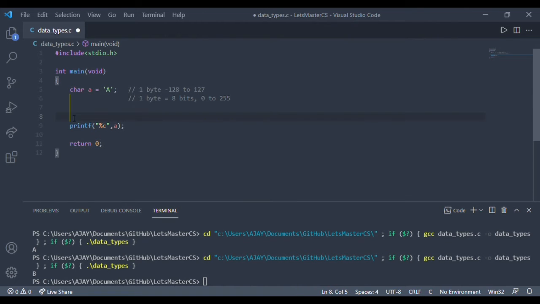Now let's remove it. Now let's create an integer value, say num, and assign it a value 5. Integers can be of 2 bytes or 4 bytes. It depends upon the compiler. Like characters, it ranges from negative to positive value. Now let's print it. Now let's take a negative number, and it is being printed.